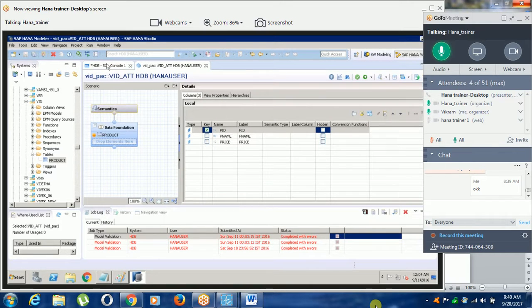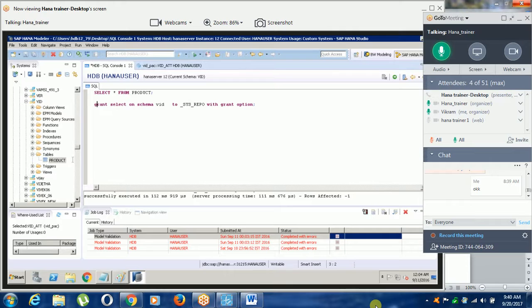So we should create another column store table. We should erase it, or we can change it. How to create a column store table?